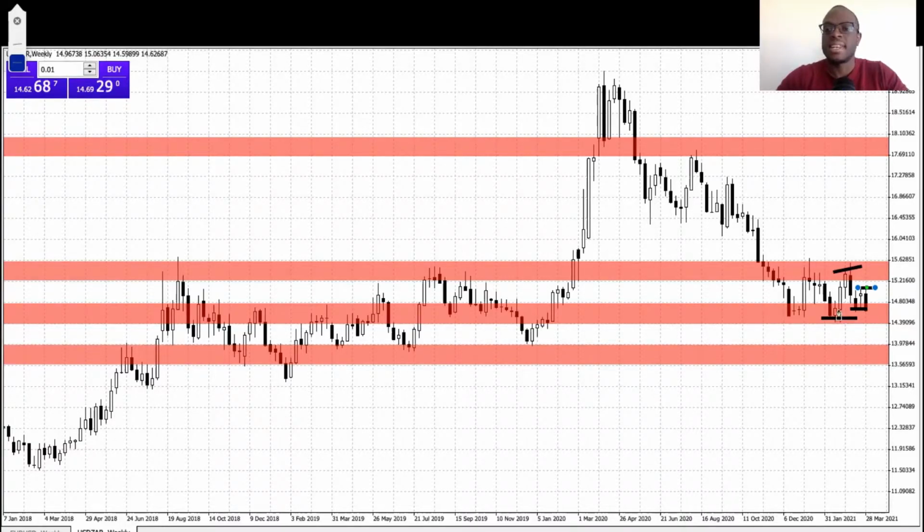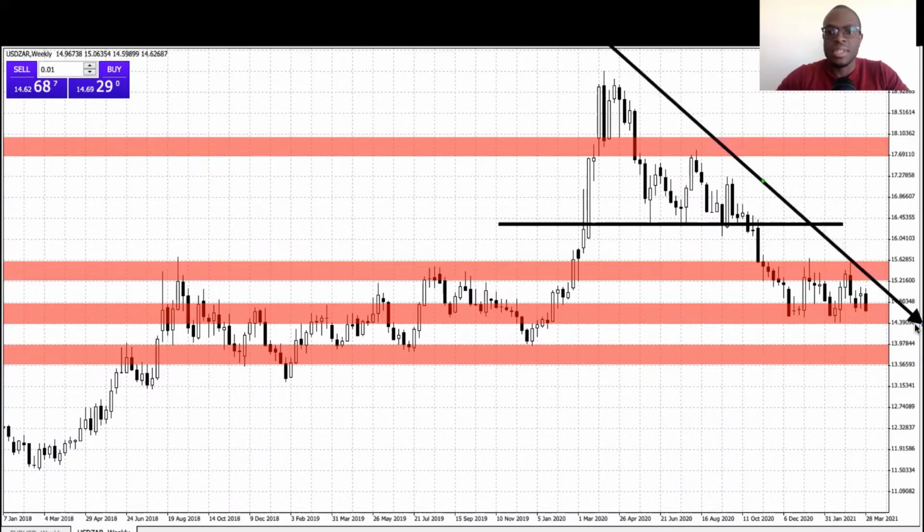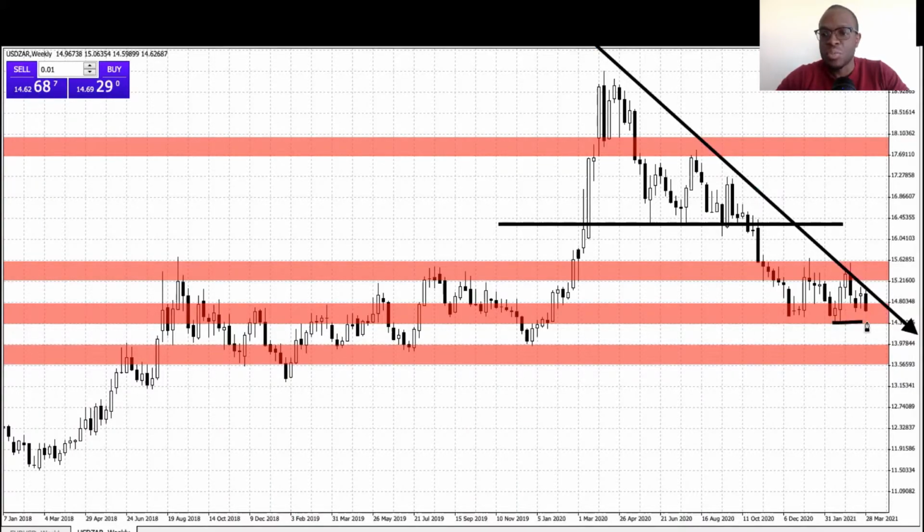Then the other scenario that we'll be expecting is the bearish scenario. The bearish scenario is backed by the fact that we have had a general bearish trend, and also the fact that the price broke our descending triangle, which means we'll be expecting the price to continue moving to the downside, right? Since the price formed a lower high here, we'll be waiting for the price to break below